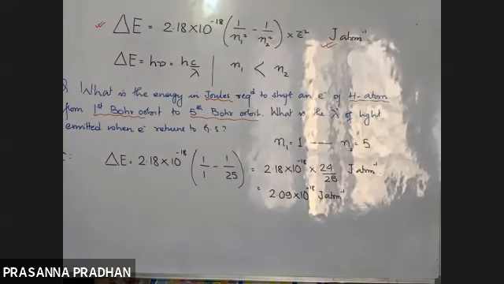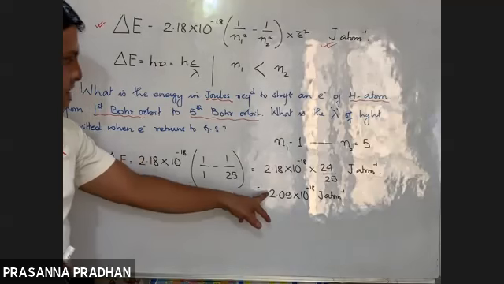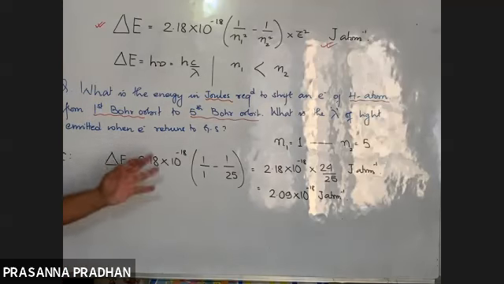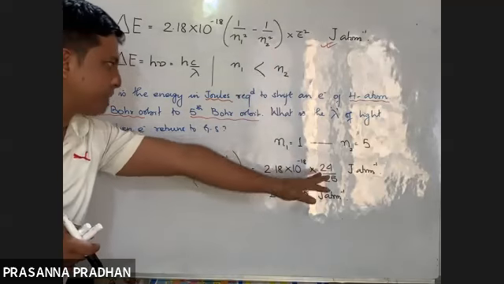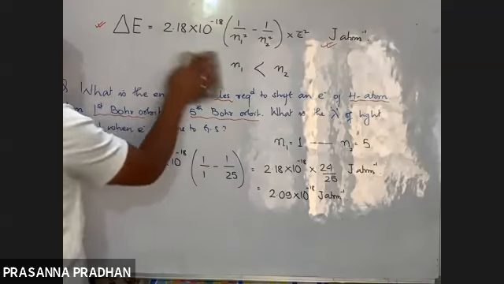Fine. Okay, now energy absorbed always has a positive sign. Energy emitted will have a negative sign. Now the same amount of energy will be emitted when an electron makes a transition from the fifth energy level to the first energy level. Okay, did you understand this? What did I say just now? Did you understand?